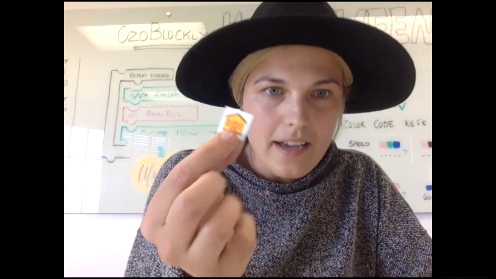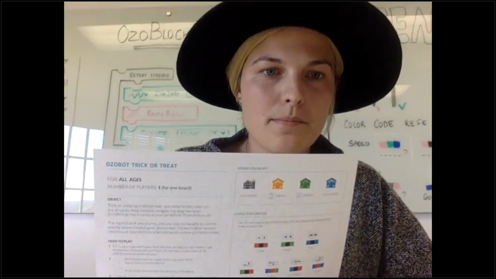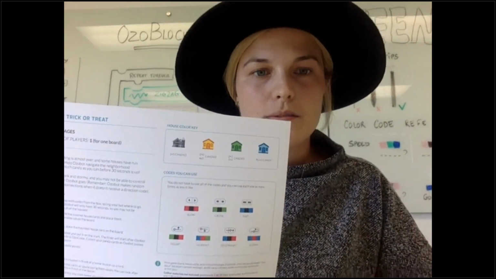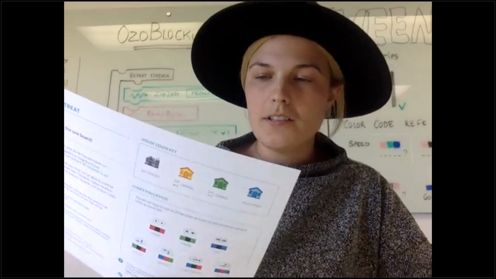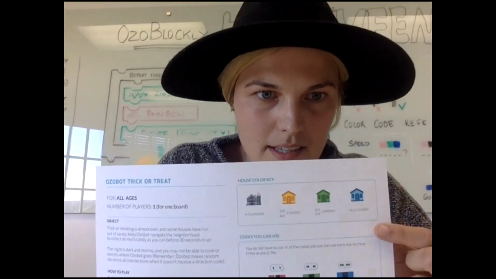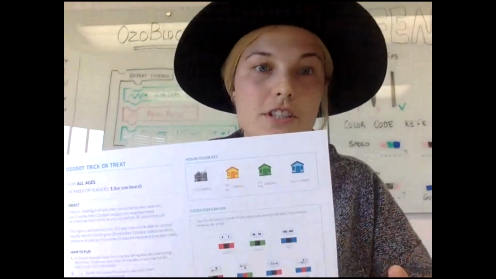and then it includes some printables that you ideally want to print the last 2 pages of this lesson front and back so that you can make little cards. So they have a house on the front and a certain amount of candy on the back. I'll go over those a little bit more in a minute. It also includes some student instructions for how to play the game. So I would print this out and give it to them. It also includes the color codes that they might want to use to complete their neighborhood. And it also gives them a little guide for how many candies are on each card, just to help with